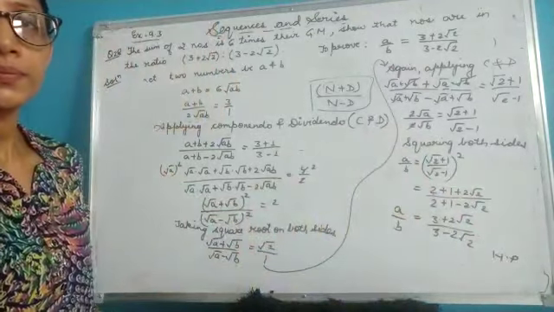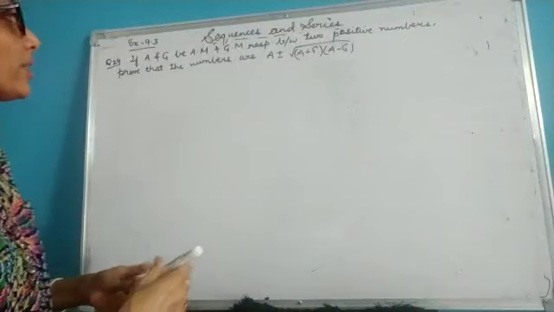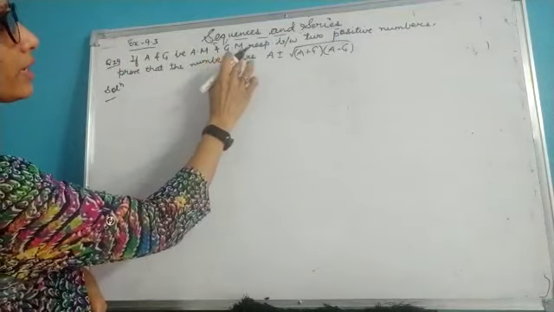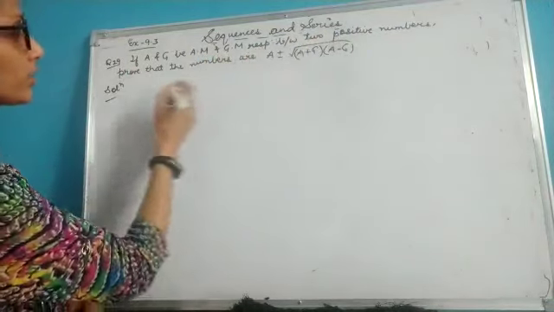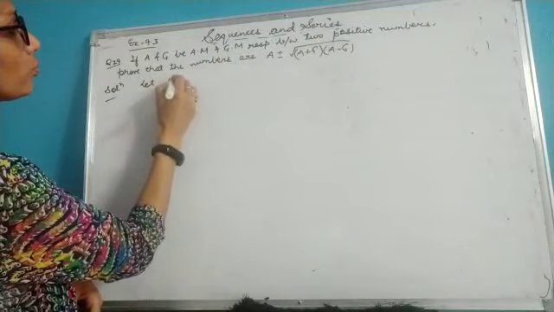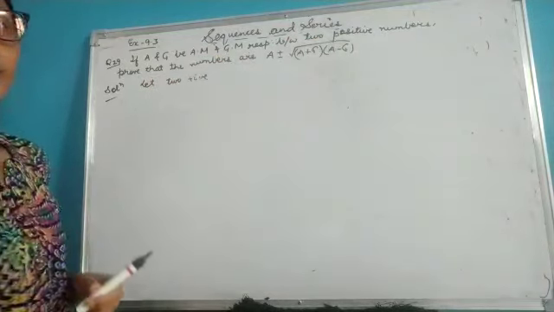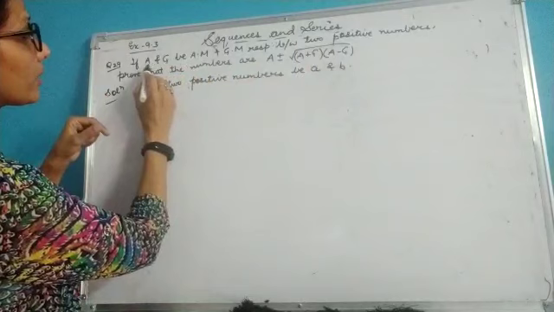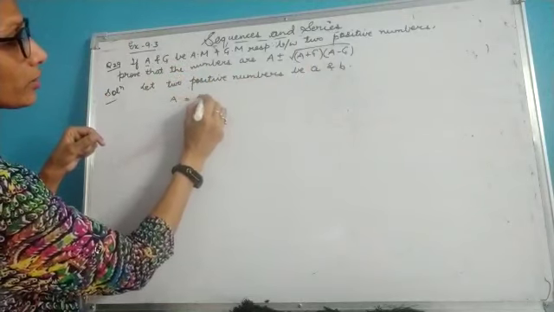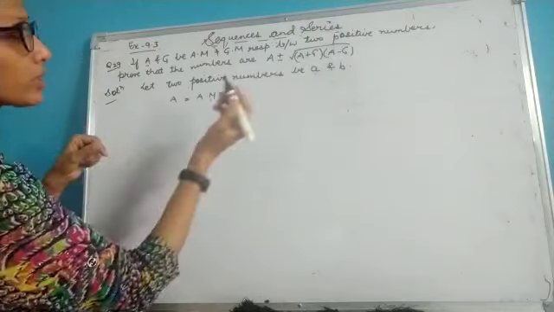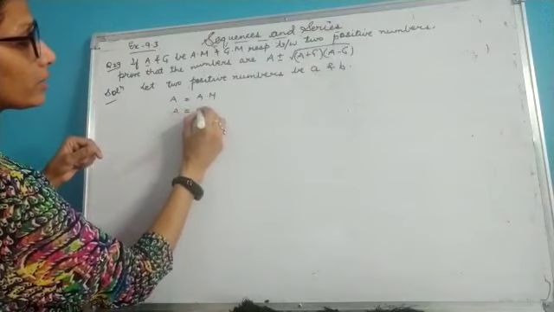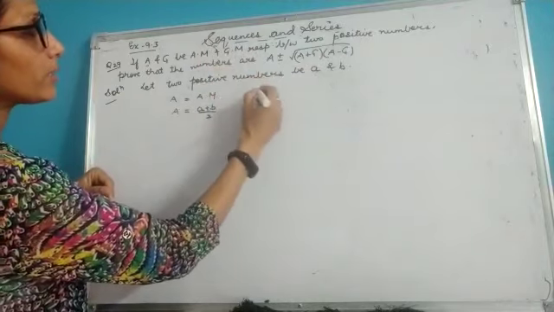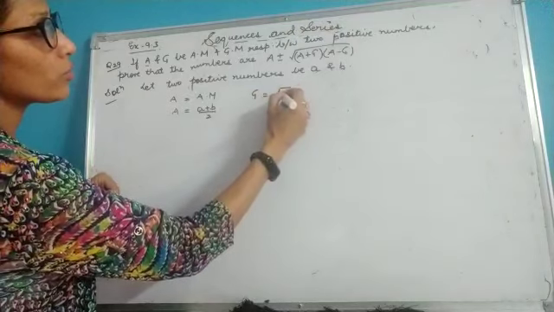Have a look. Let's see this question, children. Here it is given, if A and G be arithmetic mean and geometric mean respectively between two positive numbers. So let the two positive numbers be A and B. Now here it is given capital A is arithmetic mean. Now here two numbers are given to you. That means capital A is A plus B by 2, which is your arithmetic mean. And geometric mean is given by capital G. That means I can write it as root AB.